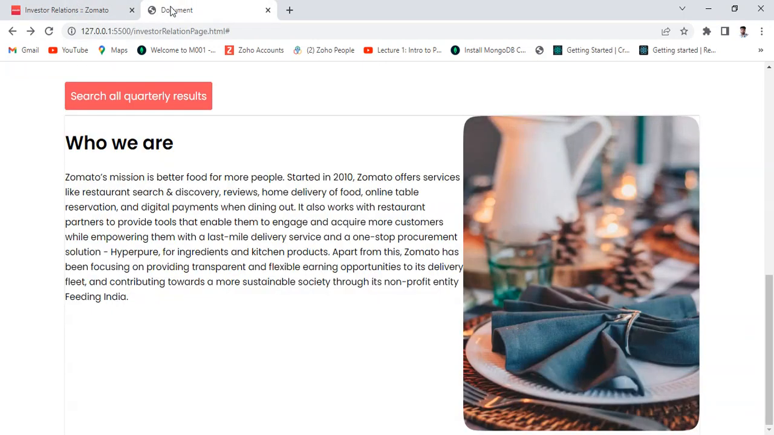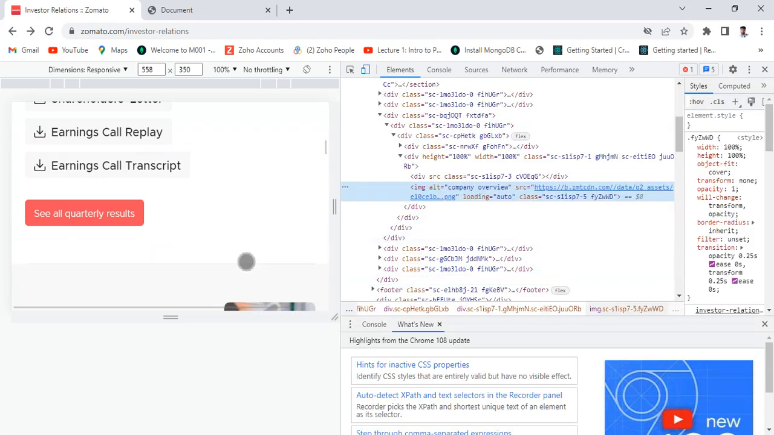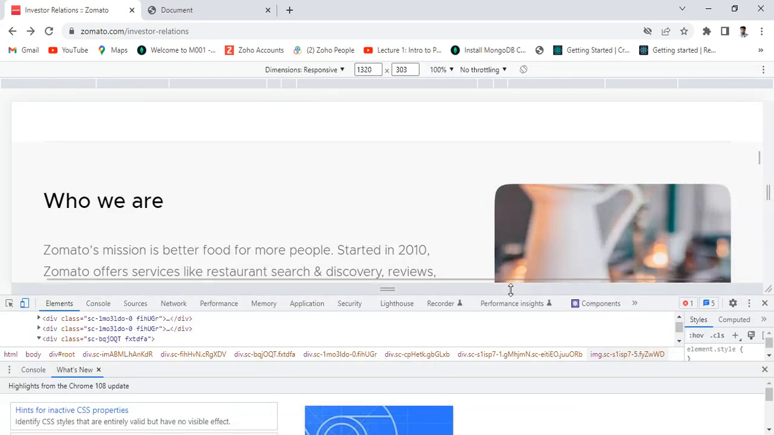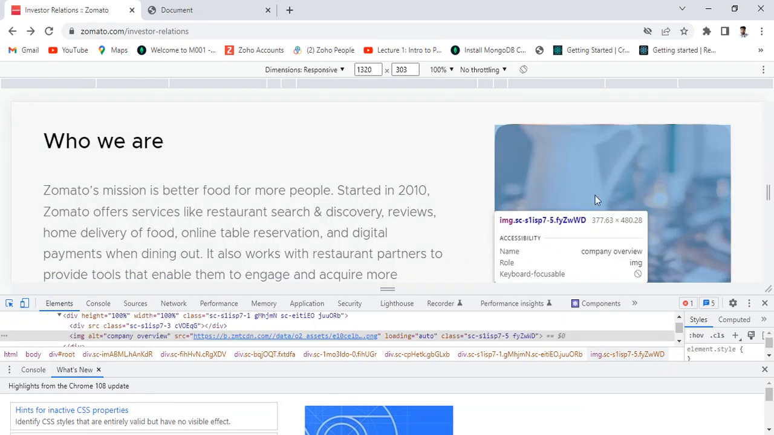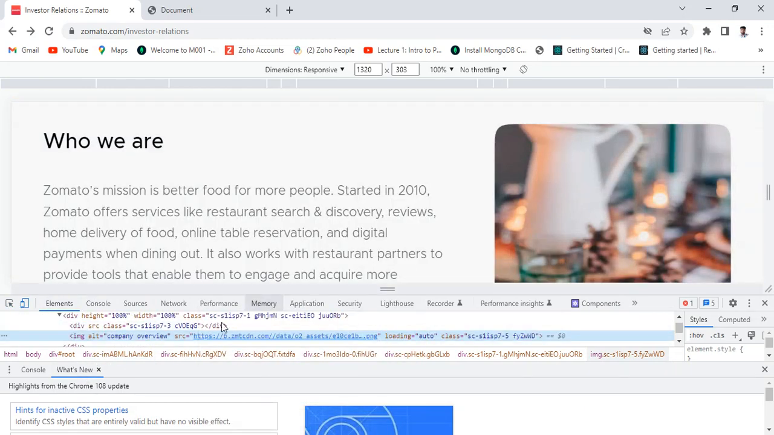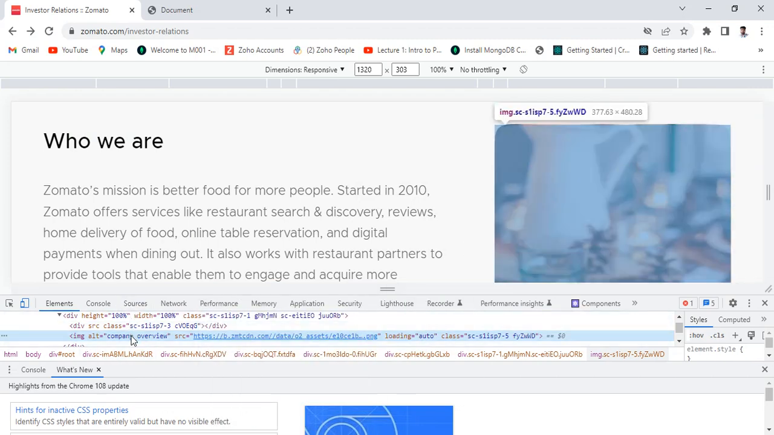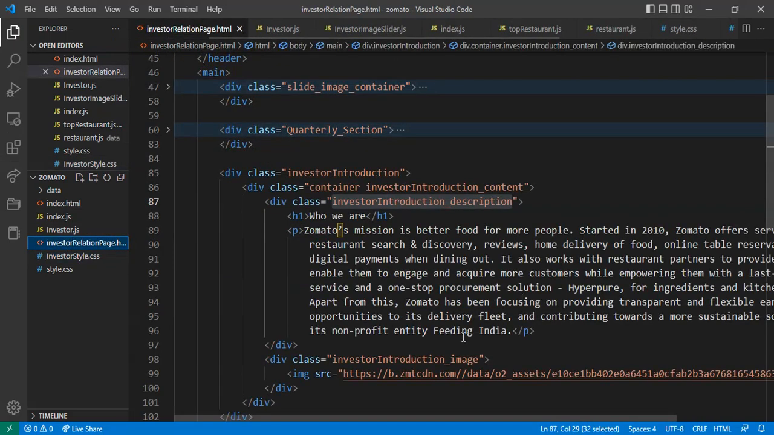This image will be a little bit off, so let me check the size of this image. Right click, inspect, and okay, this image will be disturbed. Let me go on this bottom, and after that, just click here and click here. You can check, if I click now, this image will be 377 width. Let me go to my section, and just copy this class name